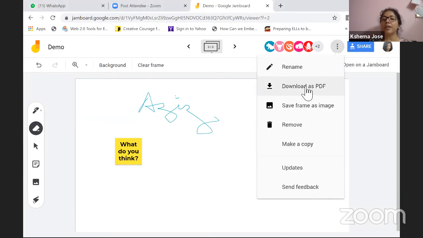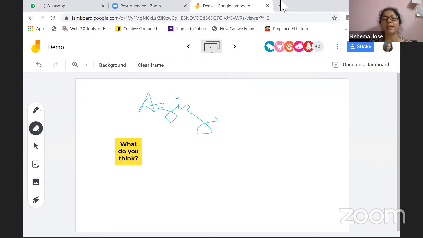More actions. Your students can download it as a PDF and email it to you. They can save frame as an image and mail it to you, or click a picture and mail it to you. There are different ways of sharing a Jamboard activity with the teacher. Okay, now to get back to our